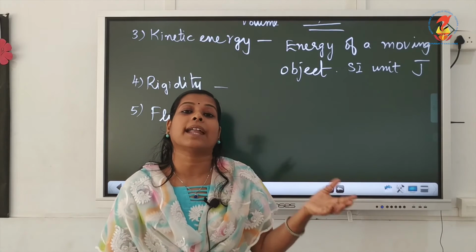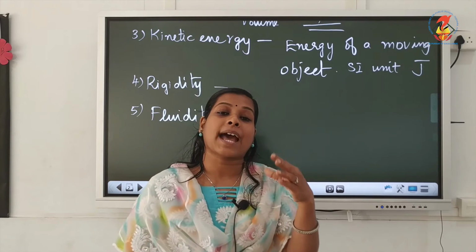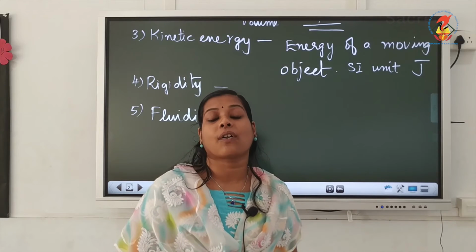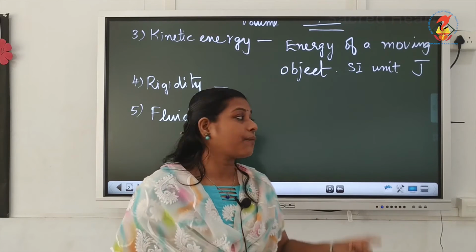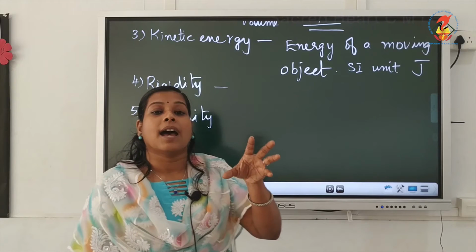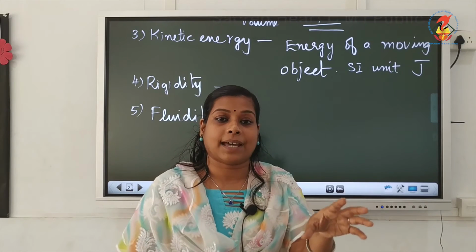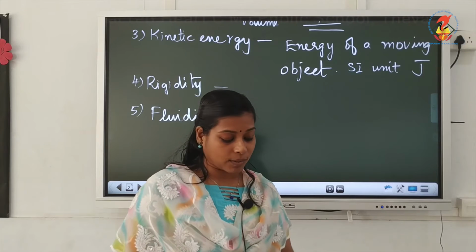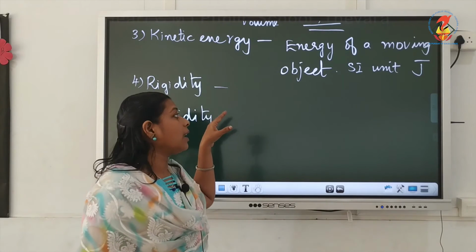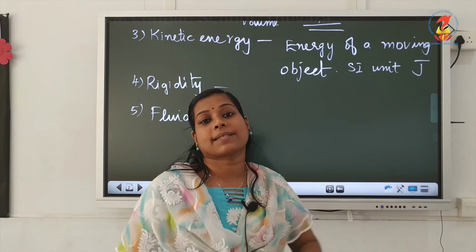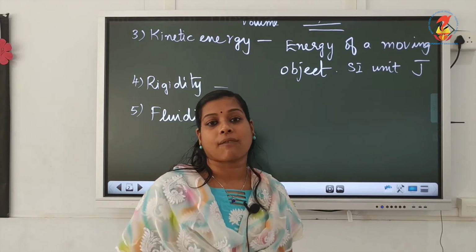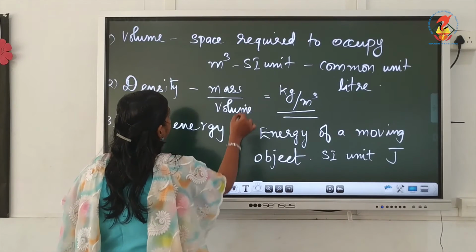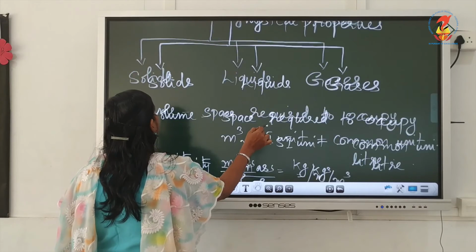So we can say that gases and liquids, they are fluids, whereas solids cannot flow from one place to another. So fluidity is meant for certain forms of matter, and rigidity is meant for certain other forms of matter. All these are the different terms which we will discuss in the characteristics of all the different states of matter. So we have seen matter is classified based on the physical properties as solids, liquids and gas.